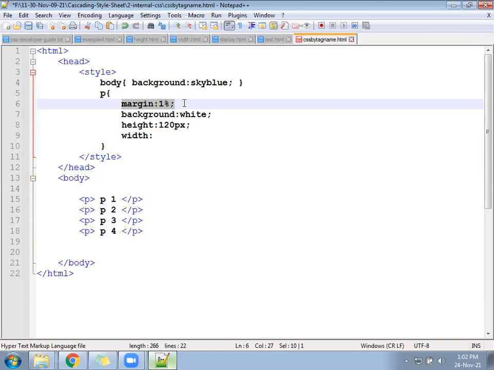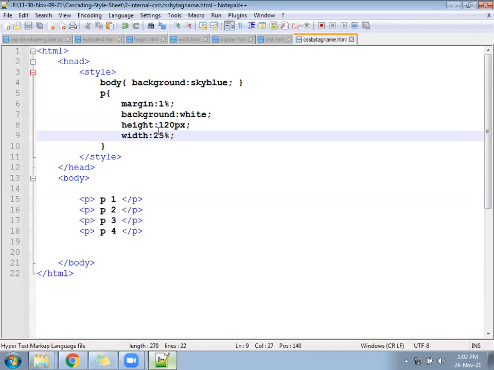So the top and bottom, you leave it. Calculate the left and right. For one paragraph, 1% left and 1% right, how much? 2%. What is the total width for one paragraph? The total screen width is 100%, divided by 4 because we are going to make 4 blocks. So 100% width divided by 4 is 25%, minus the margin. First, let's write 25% here. Width 25%. Save and check once.